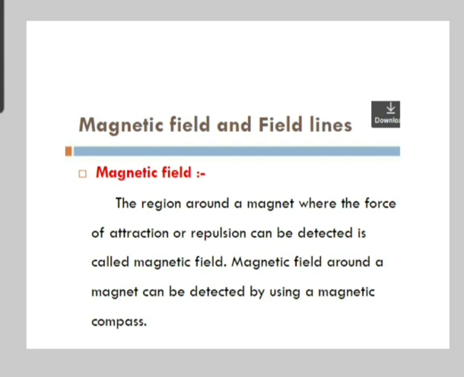So magnetic field is a vector field which describes the magnetic influence on a moving electric charge, electric current and the magnetic materials. A moving charge in a magnetic field experiences a force perpendicular to its own velocity and to the magnetic field, and a permanent magnetic field pulls on ferromagnetic materials such as iron and it attracts or repels other magnets.